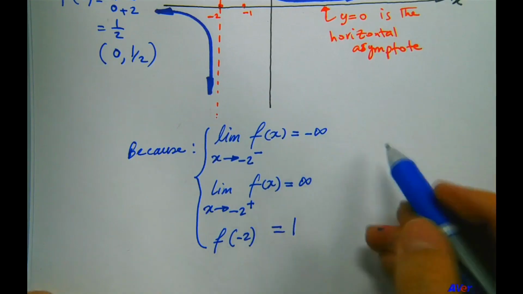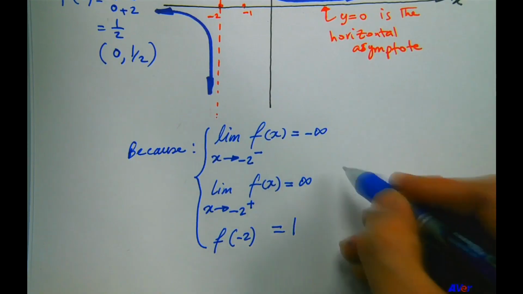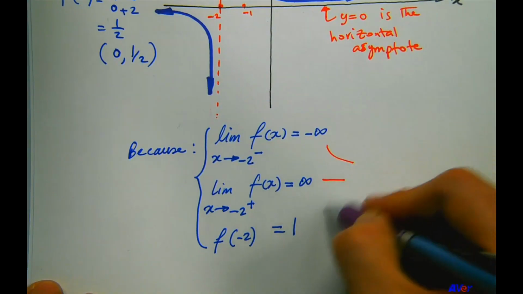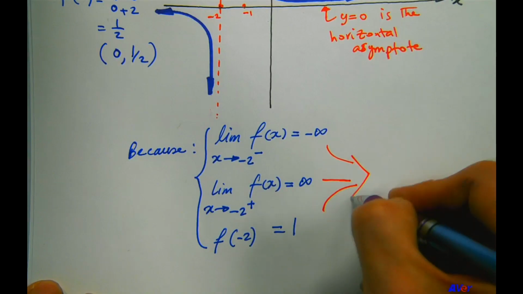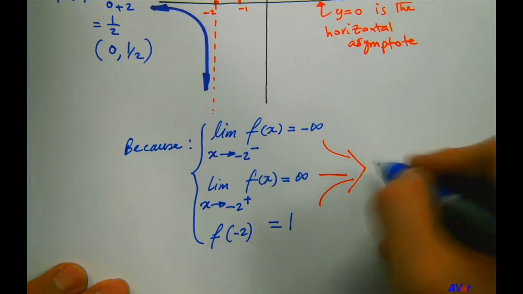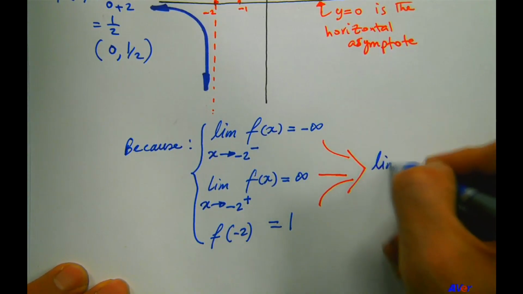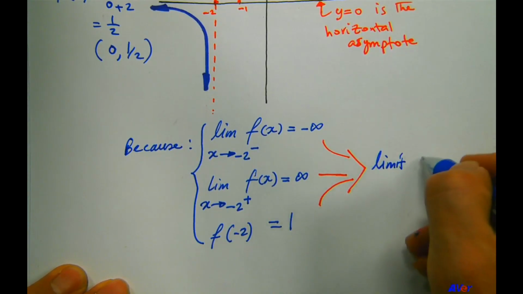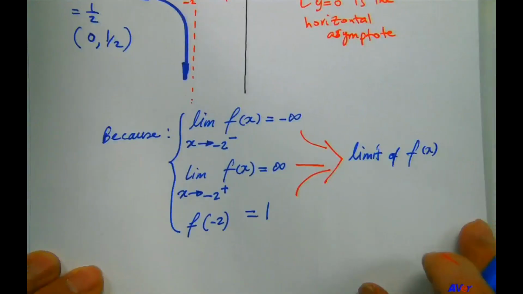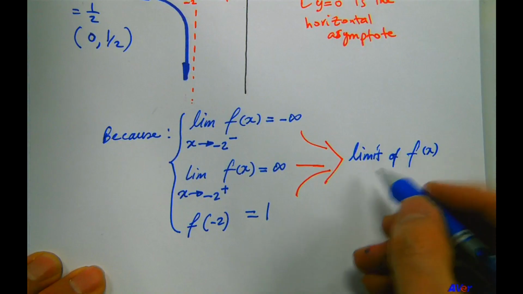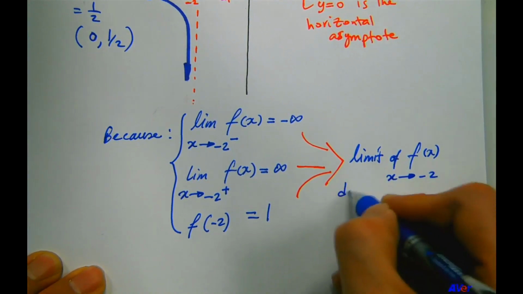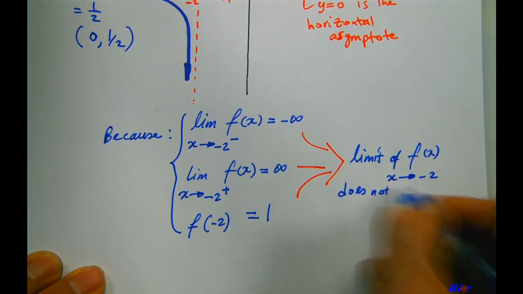Look at this. So therefore, from all these three, the limit of f of x as x approaches negative 2 does not exist,